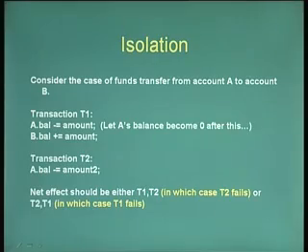The third property is that of isolation. And isolation, like we said before, deals with concurrency, that is how do we handle concurrent operations being performed from 2 or more transactions simultaneously. So again, consider the case of wire transfer, that is account A is transferring some amount to account B, at the same time